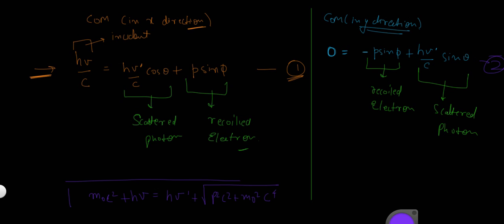So this is conservation of energy, and this is equation 3. Now with the help of these three equations we will find delta lambda. I'm not going to solve these three equations because that's going to take a lengthy calculation, but I'll give you the expression for delta